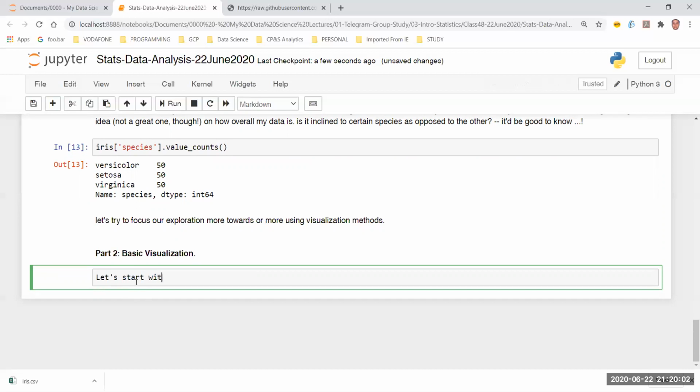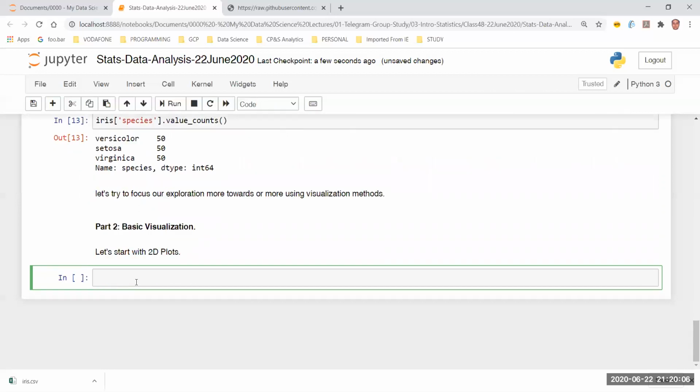Let's start with 2D plots, right? One quick way of creating 2D plots, we have already seen that. Let's try to compare. I can simply use matplotlib. That's one way of doing it. The other way that I'm going to show you now is to directly use pandas. I don't really remember if we have seen this when we were looking into the introduction to pandas, but let's do it now.